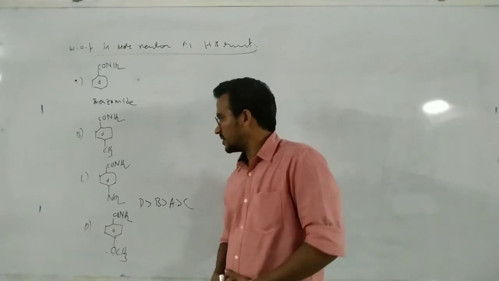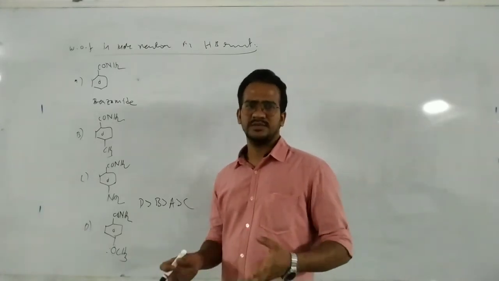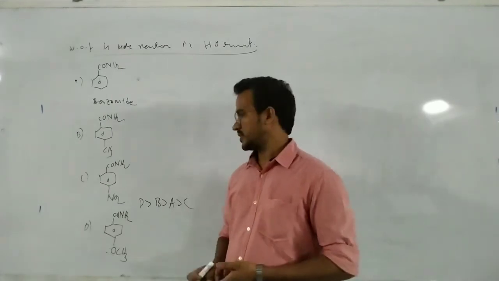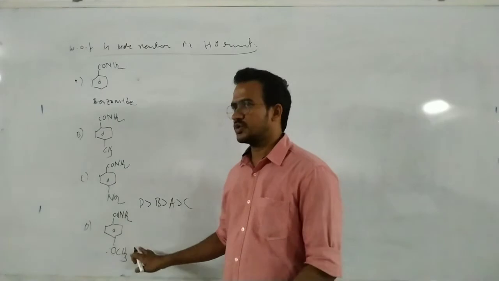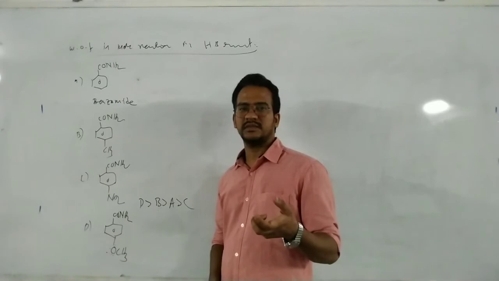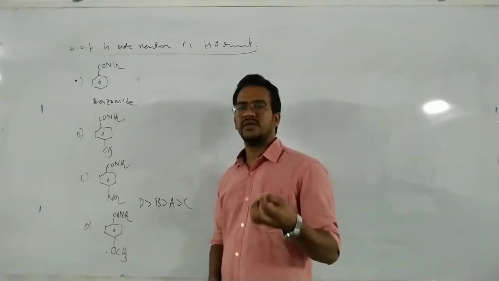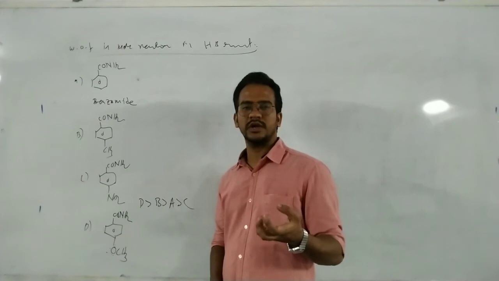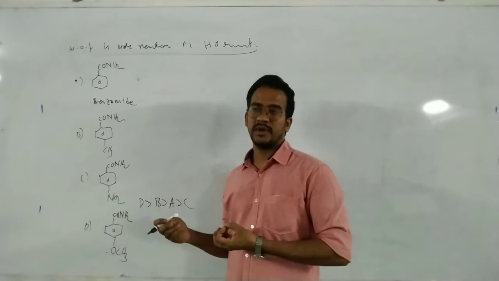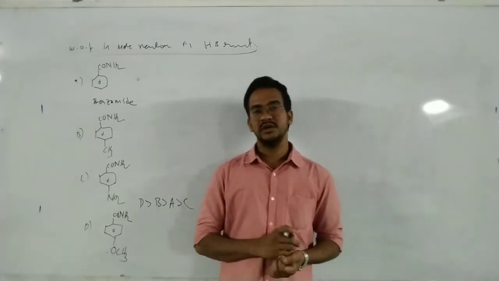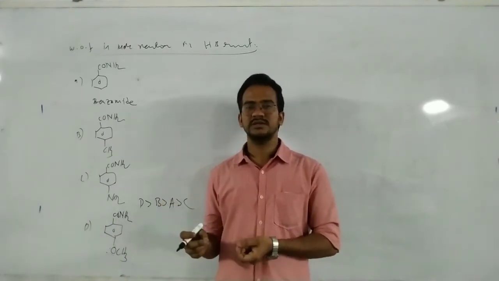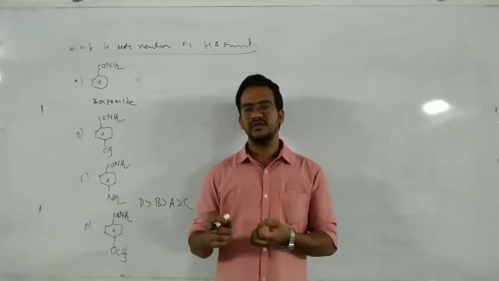In Beckmann rearrangement also we can observe that the alkyl group is migrated towards electron deficient nitrogen. In this case also it is the same. If the alkyl group has donating groups it can readily migrate, because the alkyl group is migrating with electron density. That means R minus is the migrating group. So if the alkyl group has a strong donating group, it readily migrates towards the electron deficient nitrogen, which has very little electron density.